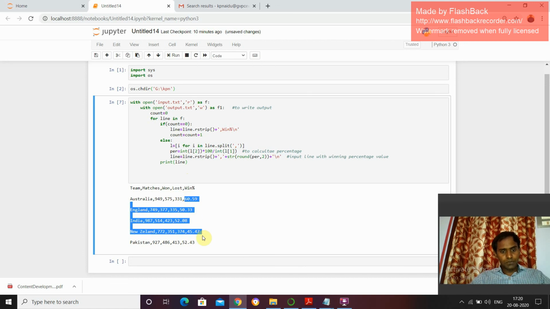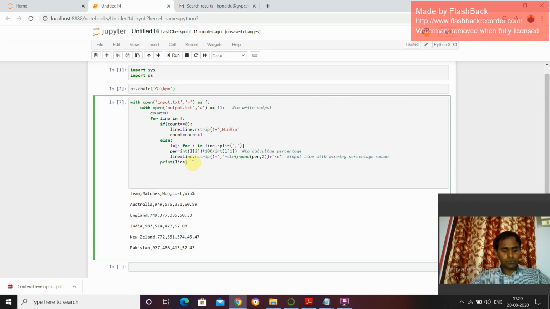This winning percentage we are getting by matches won divided by the total number of matches played by the team, into 100. So if you want to write the data into the output file, I have to use a function called f1 dot write of the content we have in the line.